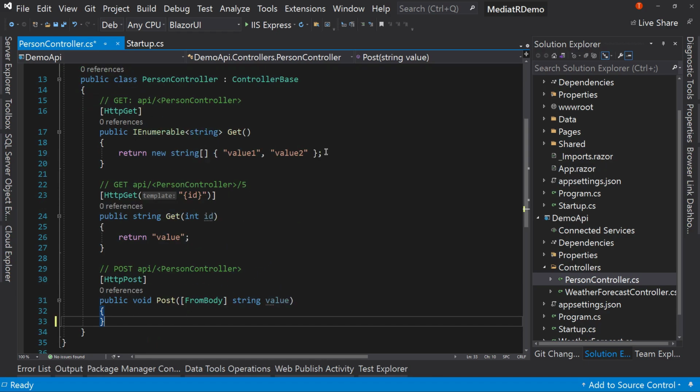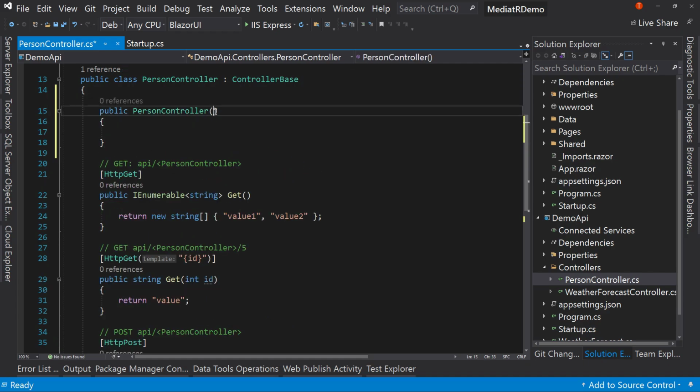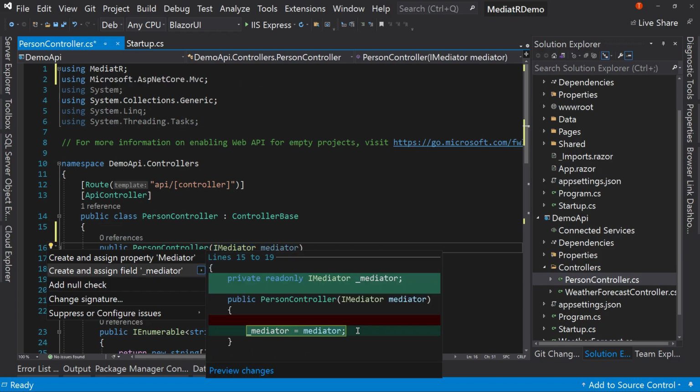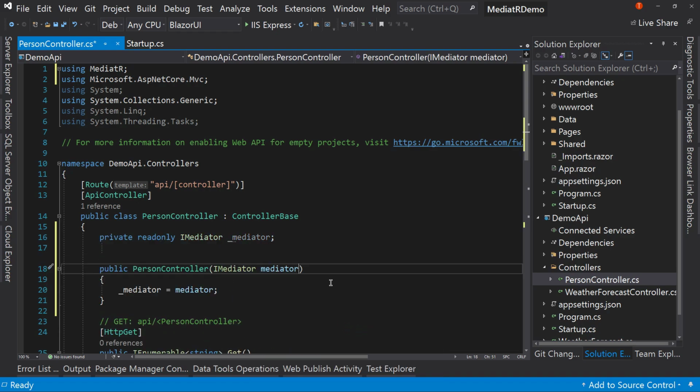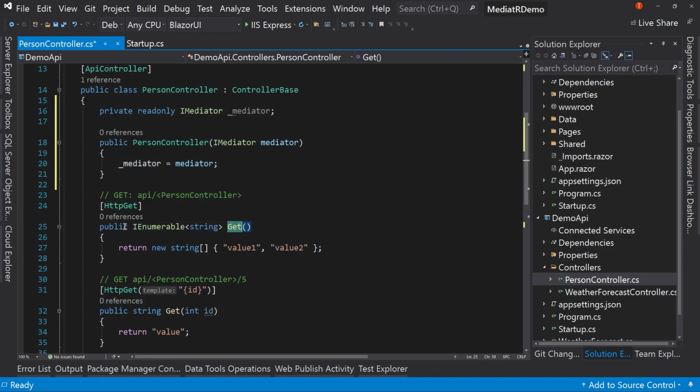So let's talk about bringing in Mediator. Well, ctor to create a constructor. We're going to say we want the IMediator. It's going to add the using statement for Mediator up at the top. And we'll say Mediator, Ctrl+. to create and assign the field for Mediator, which adds that right there and that right there. And now in our get command, we can say this is an async task of type